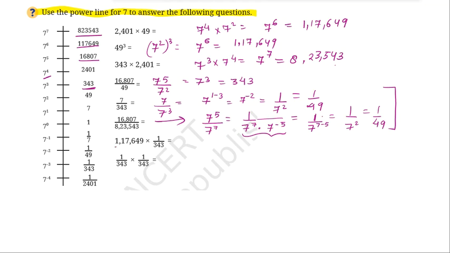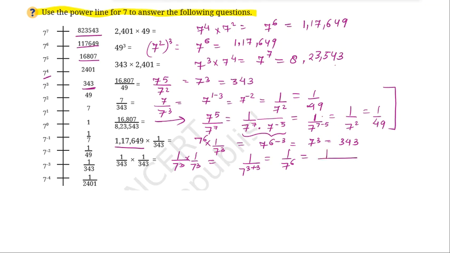Now let's see the next one. So this value is 7 raised to the power of 6 and into 1 over 7 raised to the power of 3. ये क्या हो जाएगा? 7 to the power of 6 minus 3, which is 7 to the power of 3, which is 343. Now 1 over 343 times 1 over 343. So 1 over 343 कितना होता है? 7 cubed. Again 1 over 7 cubed. इसको सॉल्व करोगे, दोनों बेसिस में है तो आपके प्रोडक्ट्स में है तो ये ऐड हो जाएंगी. सो 1 over 7 to the power of 6 and 1 over 7 to the power of 6 can be written as 1,17,649.